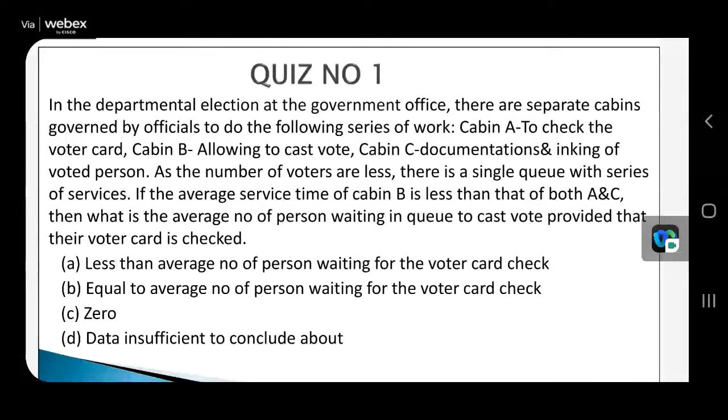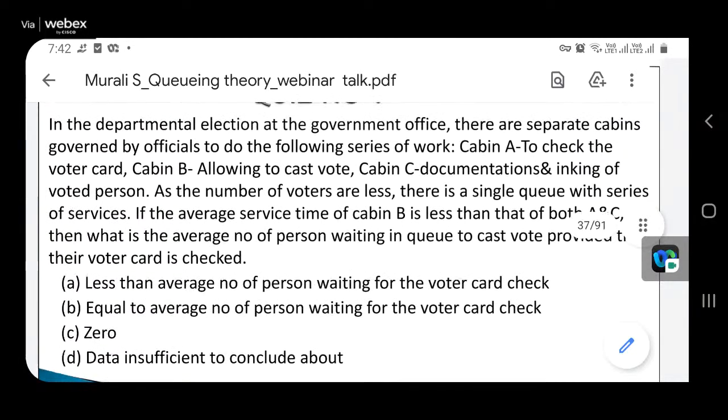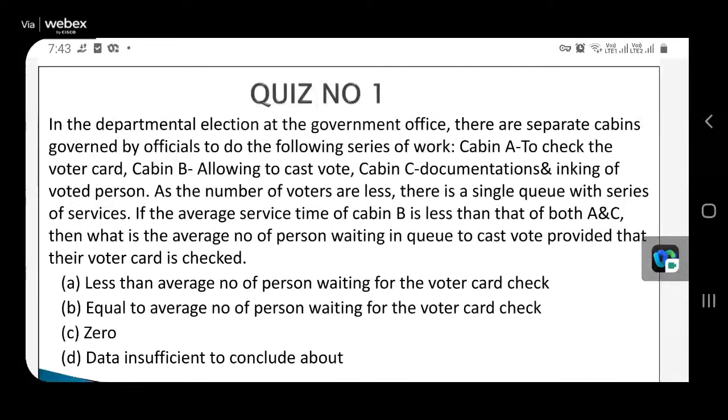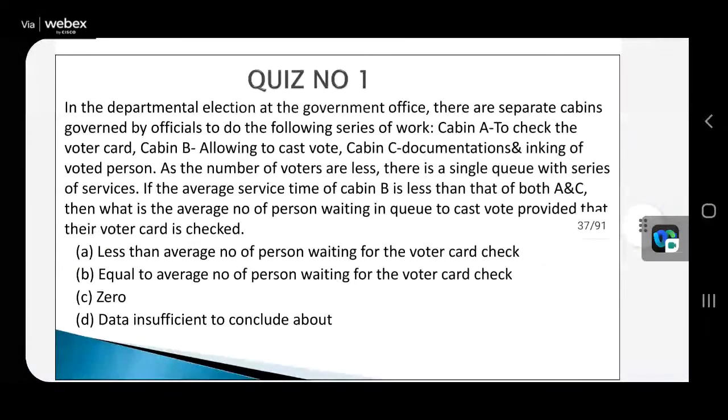So now I think you can think about it for 2 minutes, and you can give your answers in the chat box, so that we can have a complete discussion and a revision of whatever we learned today with the help of this quiz. So please do start. I have explained the question in detail. You read it once, and whether it is wrong or right, give your option in the chat box.